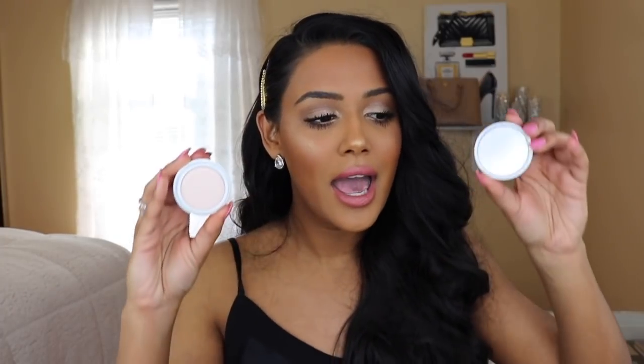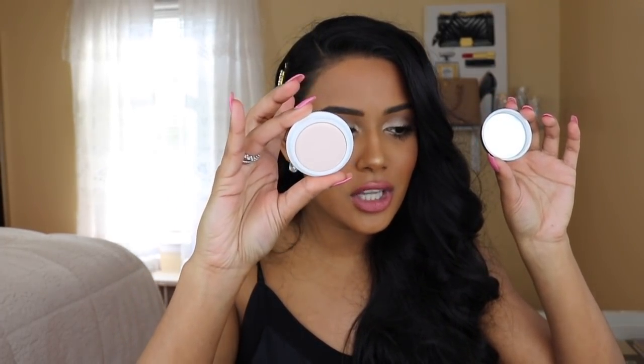I will just say I'm a little disappointed because when I opened it up, it didn't come with a little spatula. I mean, granted, I don't really use the spatula, but Tatcha is expensive. I want my spatula. I did purchase one concealer, and this is actually a repurchase, and this is the Jouer